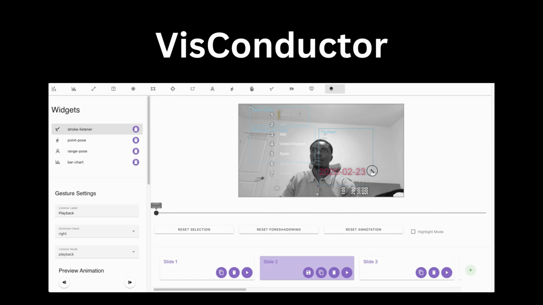VisConductor allows presenters to author animated data visualizations and the gestural interactions used to highlight important chart elements, control animation playback, and foreshadow animations. Presenters are able to use these gestures to direct their audience attention, fostering a deeper connection and ensuring the data's